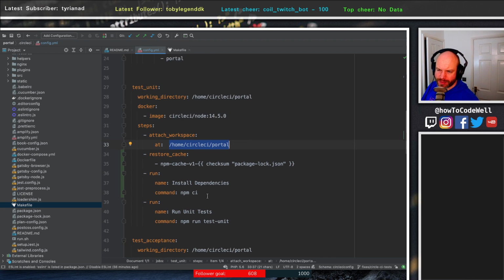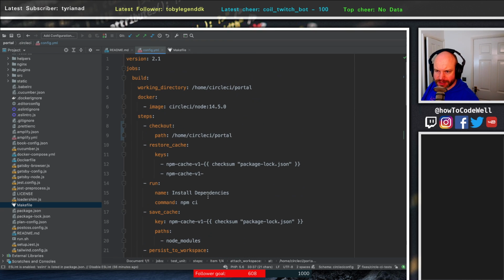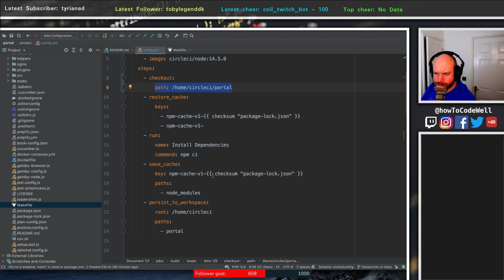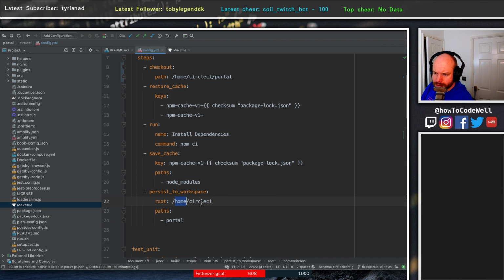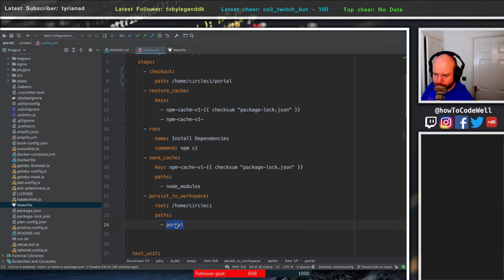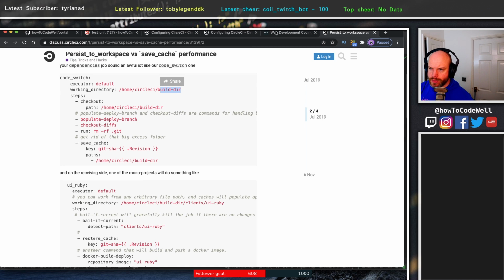Yeah, I don't like just throwing things up if I don't fully understand, if I don't have any kind of inkling as to what it's doing. We're doing a checkout, we're putting that into the path. Then we're restoring the cache. We're setting the keys. That's fine. We're then installing dependencies. We're saving the cache, and then we're persisting everything to the portal. Home, Circle CI, portal. Now, if we went back to here,